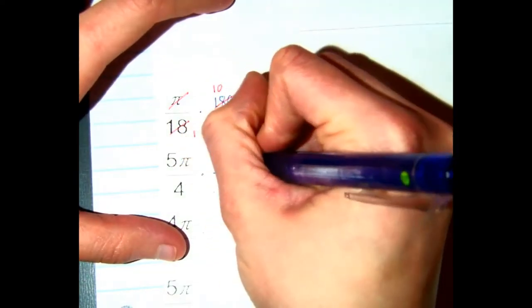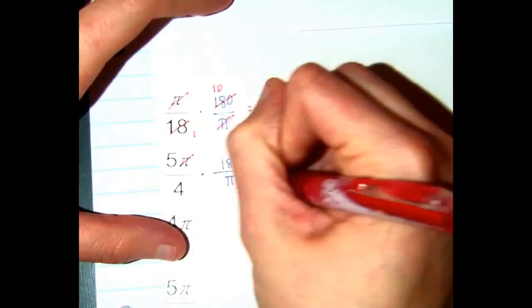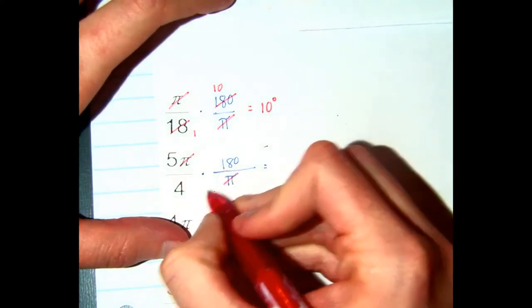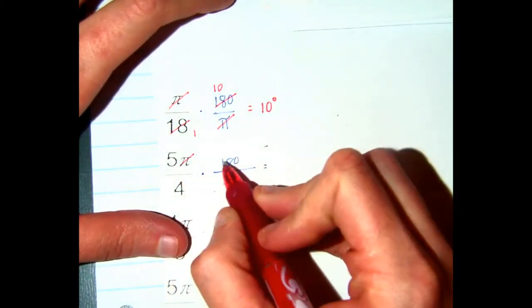Pi has to be there so it will divide out. Okay, times 180 over pi. Again, the pi's will divide out to give you 1. This is where it's a little different here. I've got 5 and 180 and 4. So there's a couple things I can do. I can go ahead and reduce 180 and 4, or I can do 5 times 180 and then reduce after that. You get to choose, really. So do you want to reduce